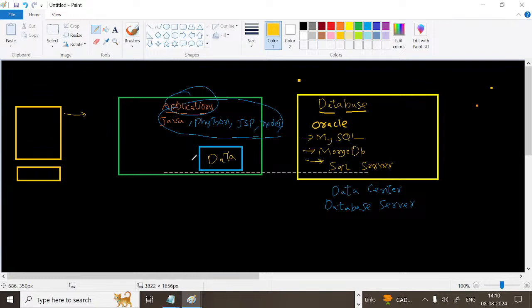So the entire data, if we directly give it to the client, cannot be understood by the client. So that's where the entire data we will make as an API, and that